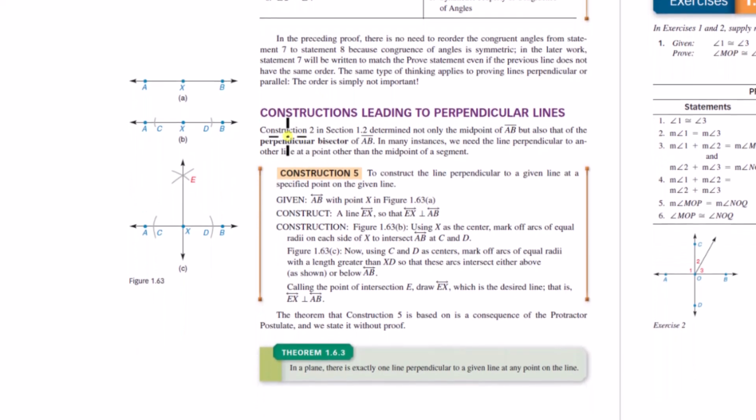In this case, it's with perpendicular lines. These are pretty interesting. You kind of feel like you're going back to the fundamentals of geometry, the way the Greeks did it. Construction 2 in section 1.2 determined not only the midpoint of segment AB, but also that of the perpendicular bisector of AB. Yeah, right. In many instances, we need the line perpendicular to another line at a point other than the midpoint